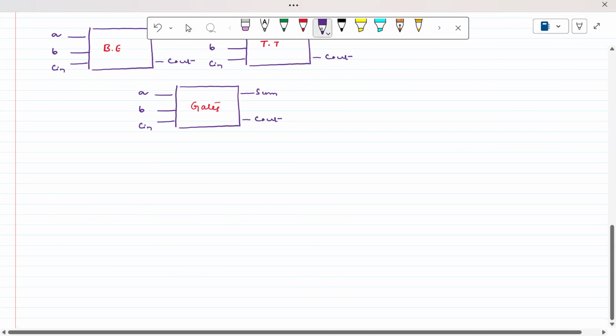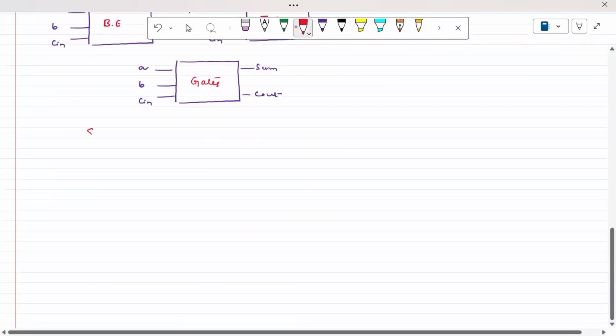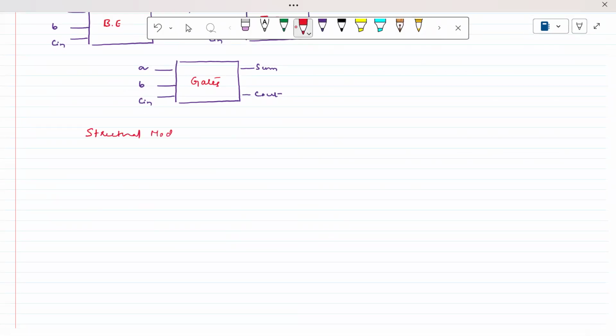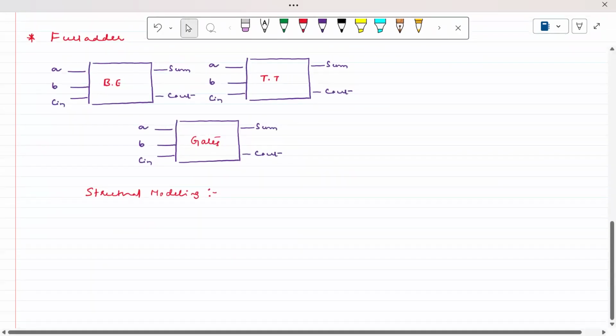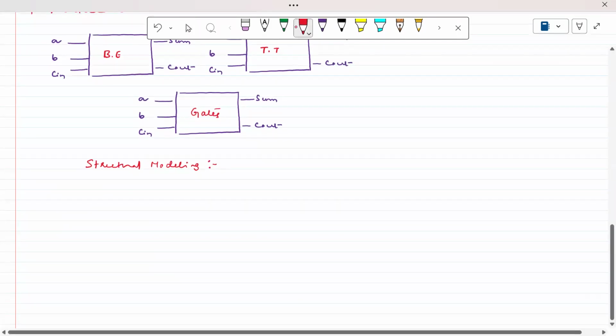So the structure, whenever you write the full adder, especially we are talking about structural modeling, right? Here what we have seen is how we get a structure of a particular digital circuit. Based on the truth table, we develop the mathematical equation. From the Boolean equations, we are able to develop the hardware in the form of gates. Am I right or not? The structural modeling requires either the gates